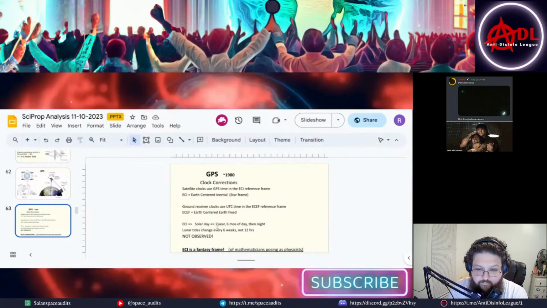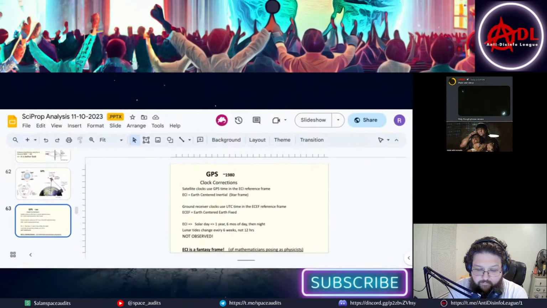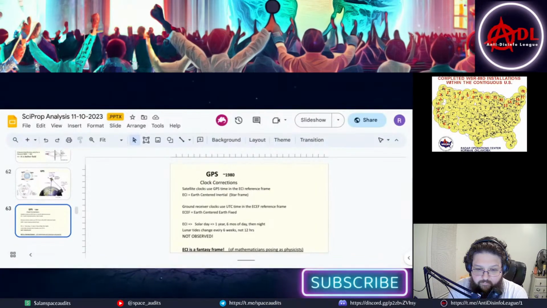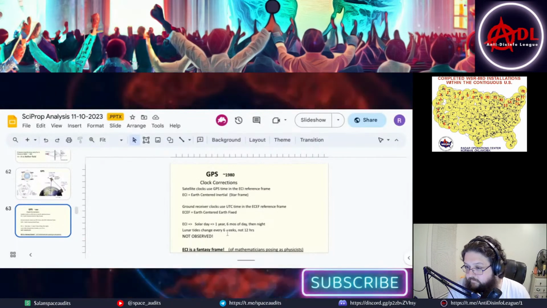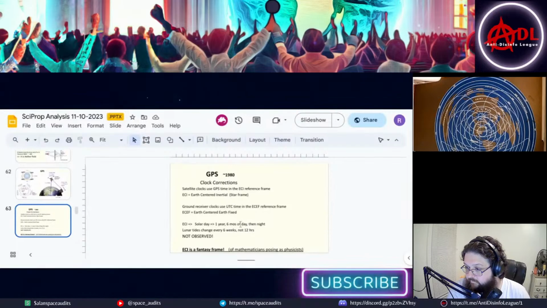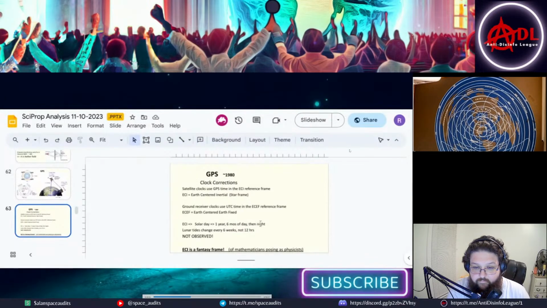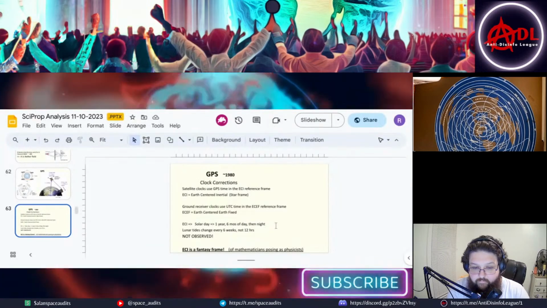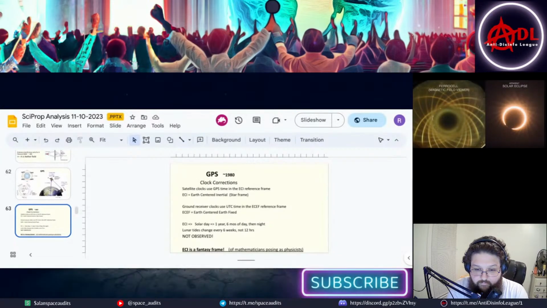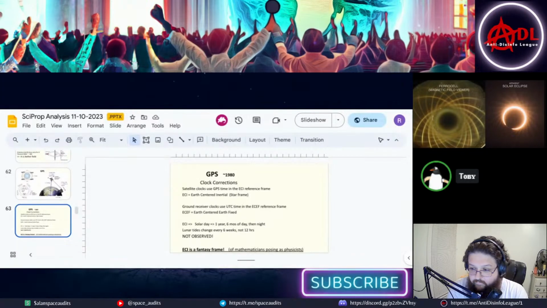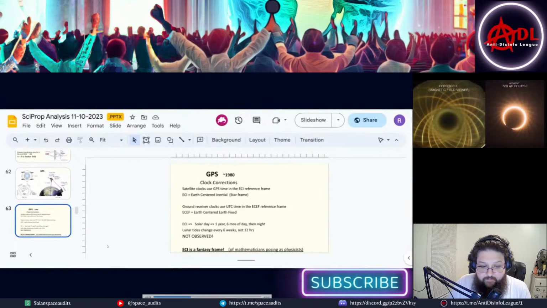If you use the ECI frame, what you're saying is that the stars never move. They're always overhead, the same stars. What that means also is that the solar day is no longer 24 hours, but it's 1 year long. In other words, if you were really in the ECI frame, it would take 6 months of daylight and then the same number, 6 months of darkness, with light at night, in order to agree with what you see. If this were true, then we would have lunar